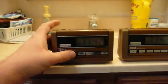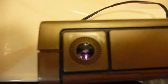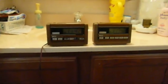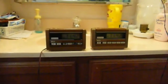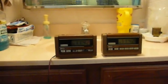But the unique thing that they do when you plug external power into them, which I'll do right now, I got power plugged into that one, and you slide a switch on the front, and if you look down inside there, a light comes on and you can see some numbers being displayed. That is exactly right. These are what you call projection clocks. They actually can project the time in very big dim letters so they don't bother you at night onto a